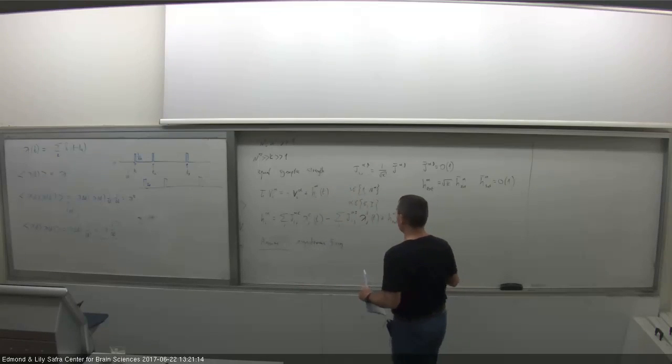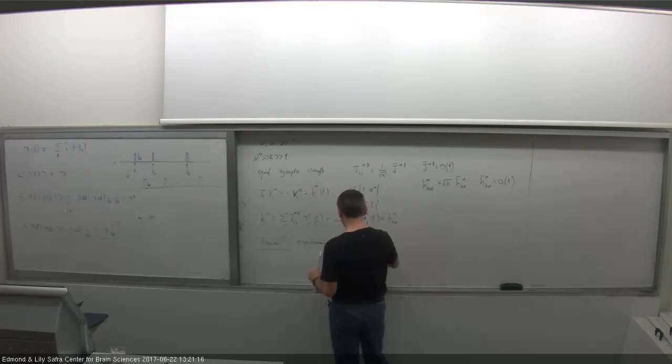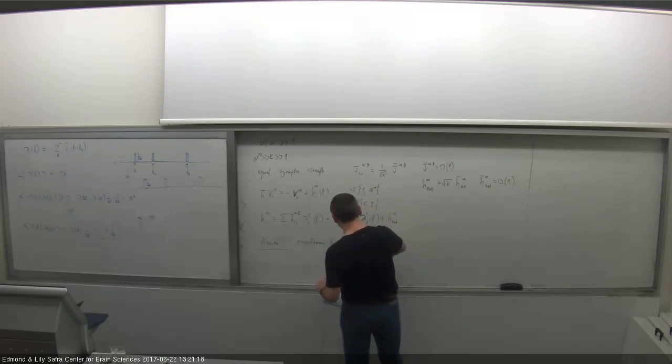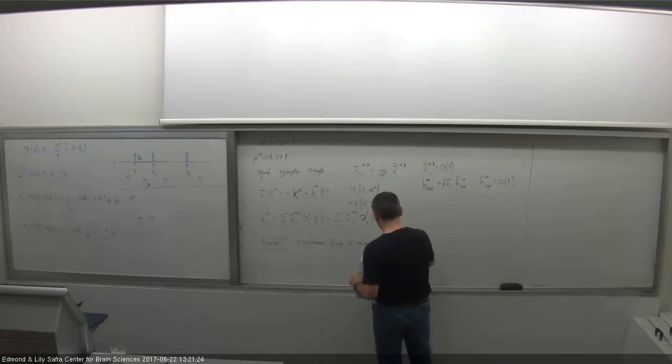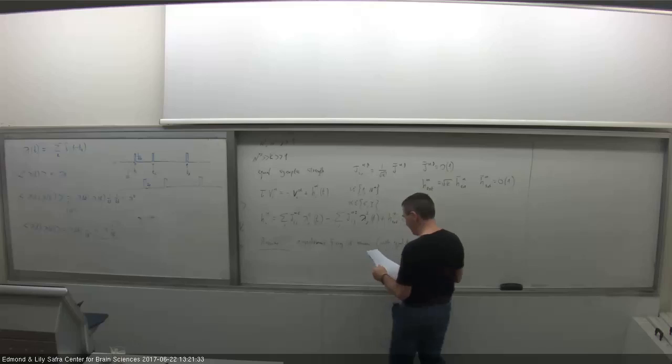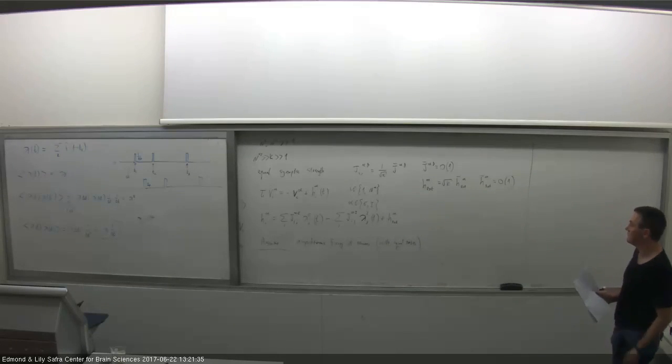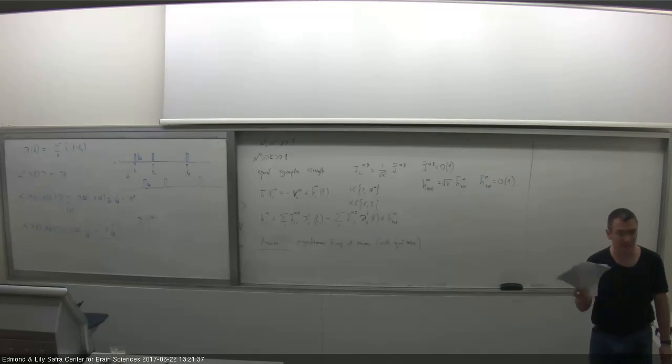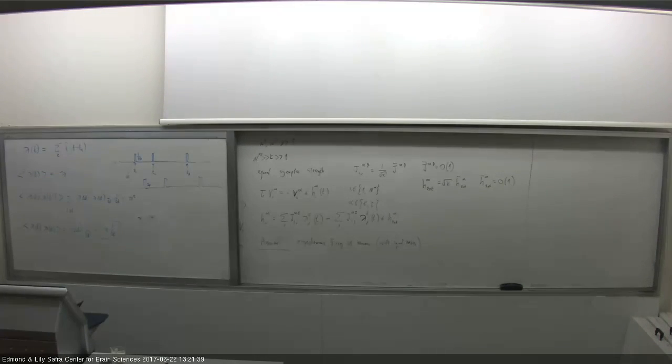Asynchronous firing rate. Asynchronous firing of neurons with equal rates. So all excitatory neurons basically firing at the same rate. Again, this is an assumption that at the moment